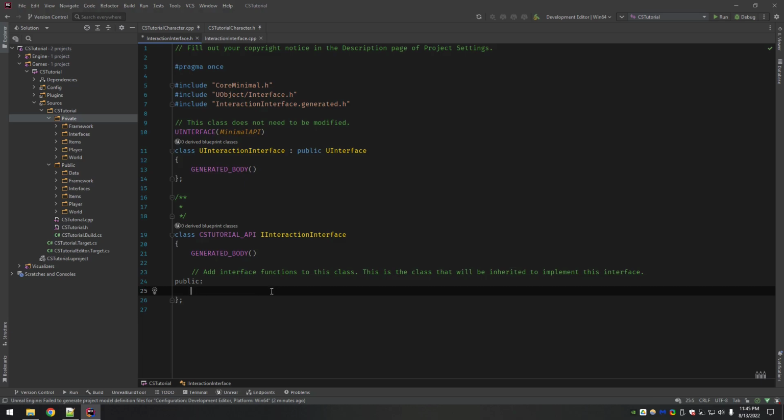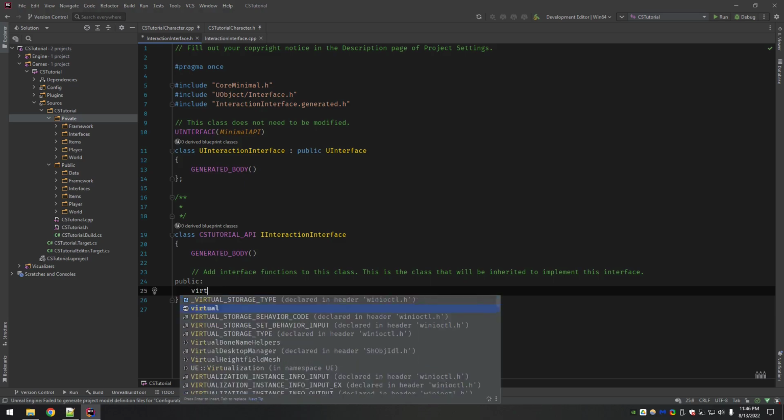So when we think about interaction in a game, in most games, when you want to interact with something, you walk up, you aim at it, and something happens, whether it be a little pop-up, something highlights like the object itself, or some kind of effect appears around it, sparkles, a faint glow, whatever, or all of the above. So with that, you want to implement that into your interaction, and that would be like a focus, right? So you're focusing on an object, but you haven't done anything with it yet. So we'll call this